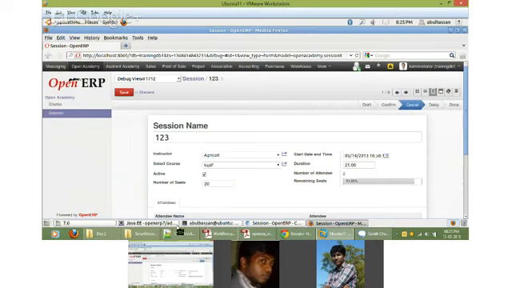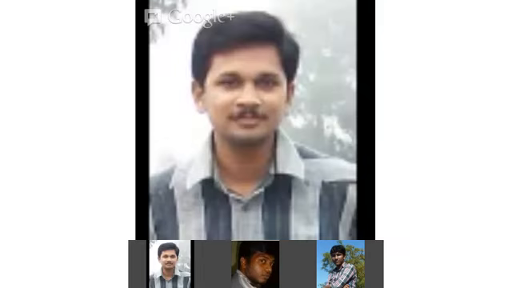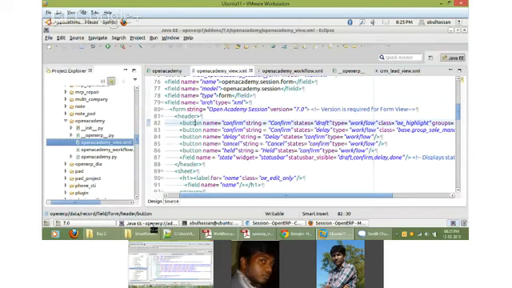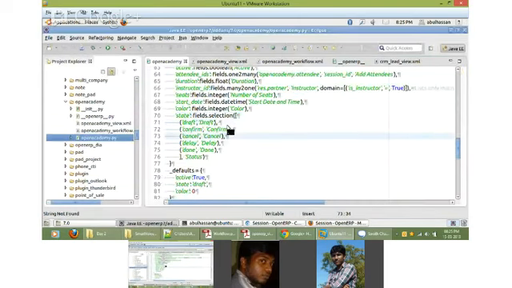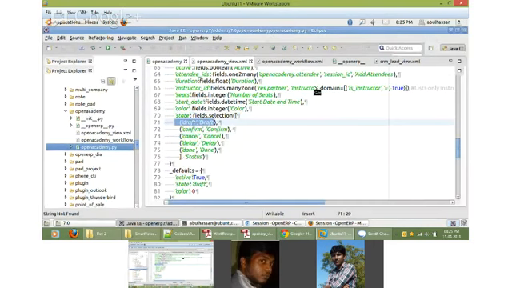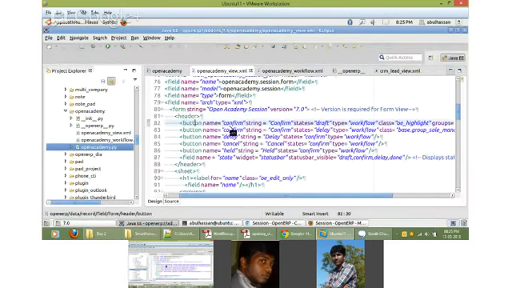I have defined a field called states. Where is it? Okay, states is a selection field. I have written different types of fields. So these states are actually shown in the top by using this particular field.